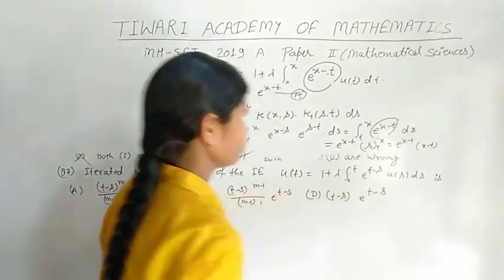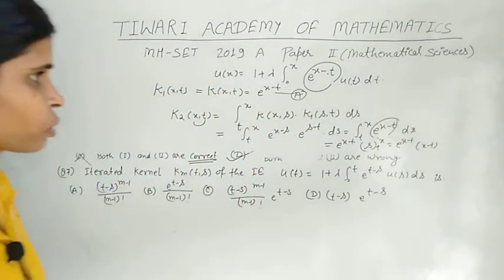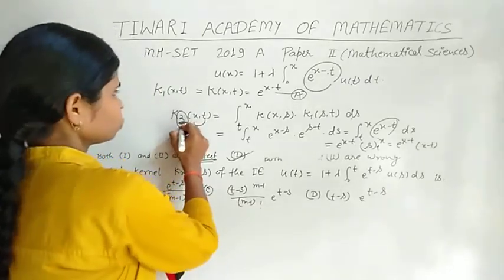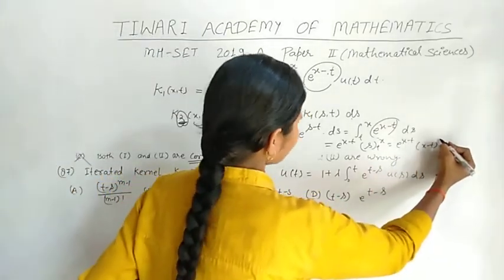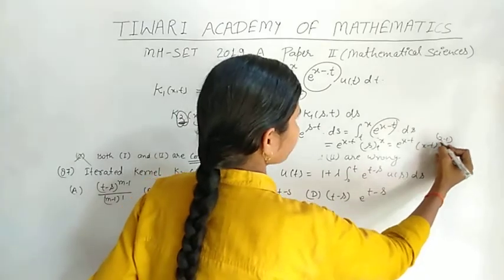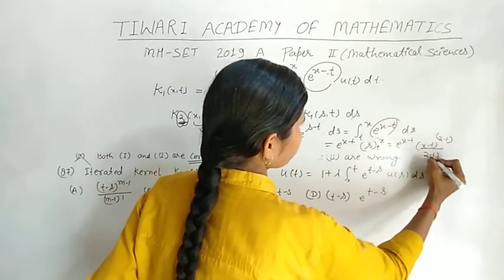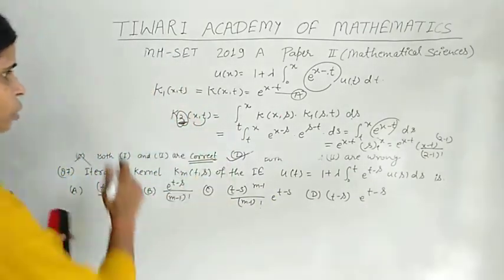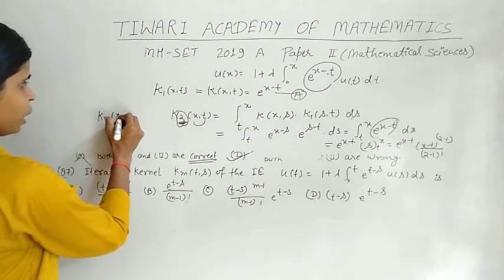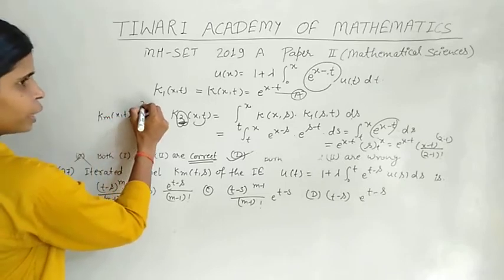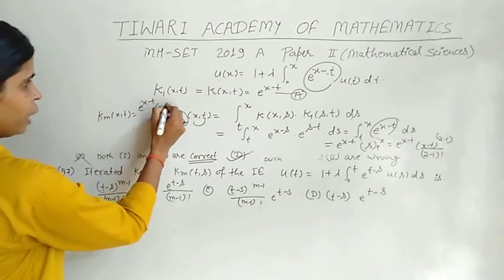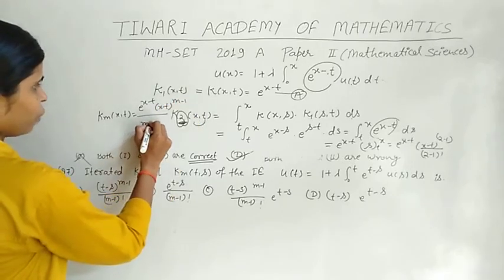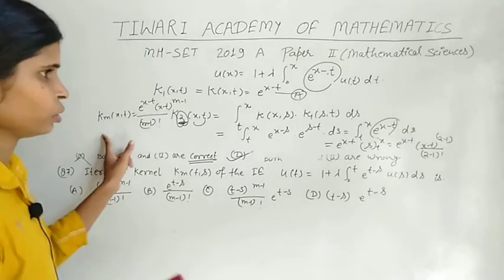X minus t, here with suffix 2, is power 2 minus 1 by 2 minus 1 factorial. Generalizing this result, K m x t is equal to e raised to power x minus t, times x minus t raised to power m minus 1, upon m minus 1 factorial. Okay,